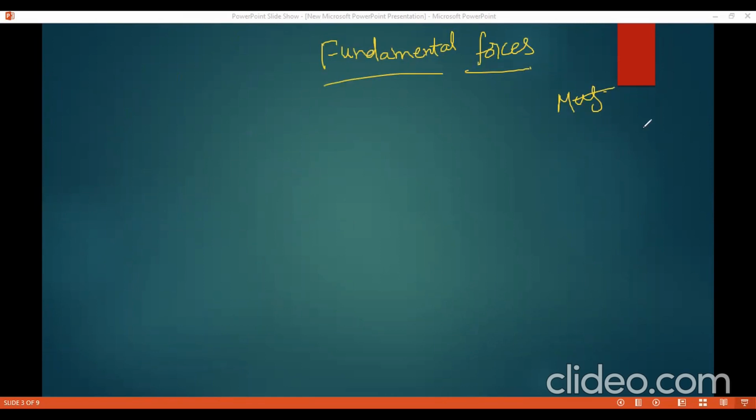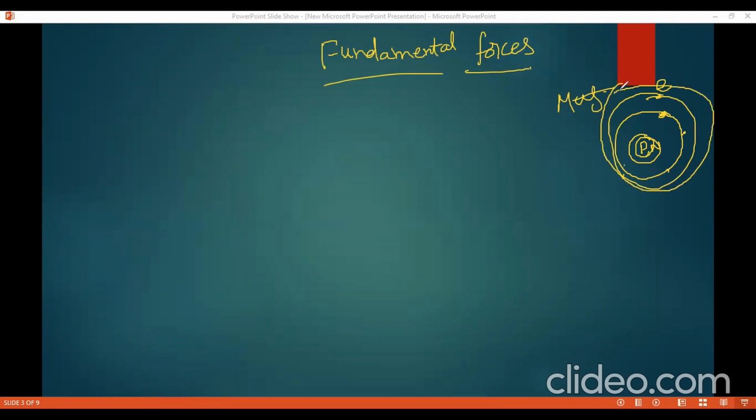Nuclear forces. If you take an atom, it consists of a nucleus at the center, and electrons are revolving around the nucleus in particular orbits, right? Whereas protons and neutrons are the subatomic particles present inside the nucleus, and electrons are revolving around the nucleus in well-defined orbits, right? Okay, if you observe